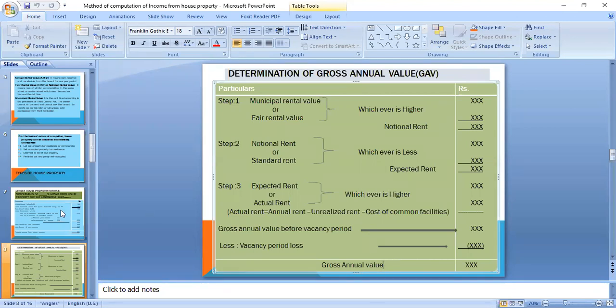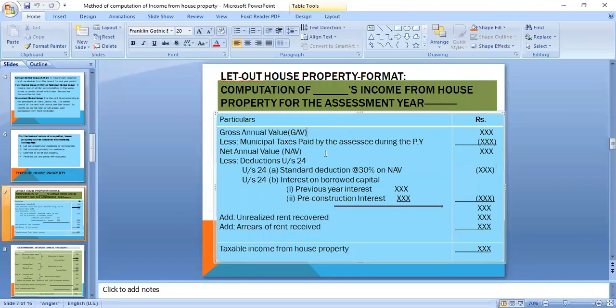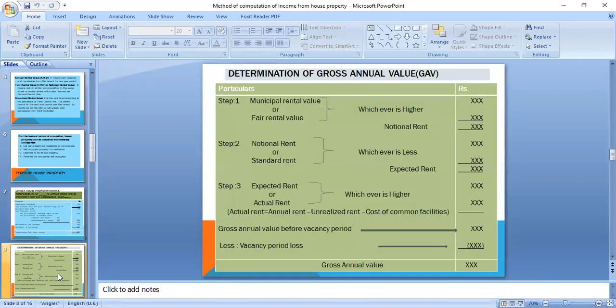Then you deduct municipal tax, and what you get we call the NAV, net annual value. From that you deduct under section 24A, 30%, and 24B, interest on capital. So this is how you calculate